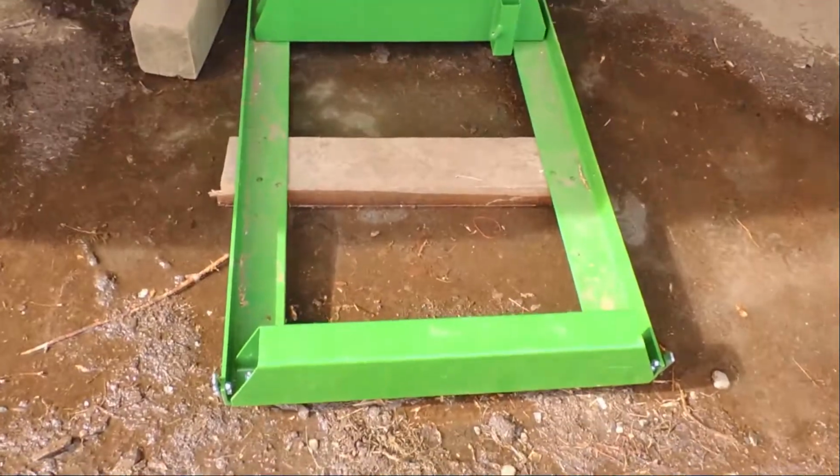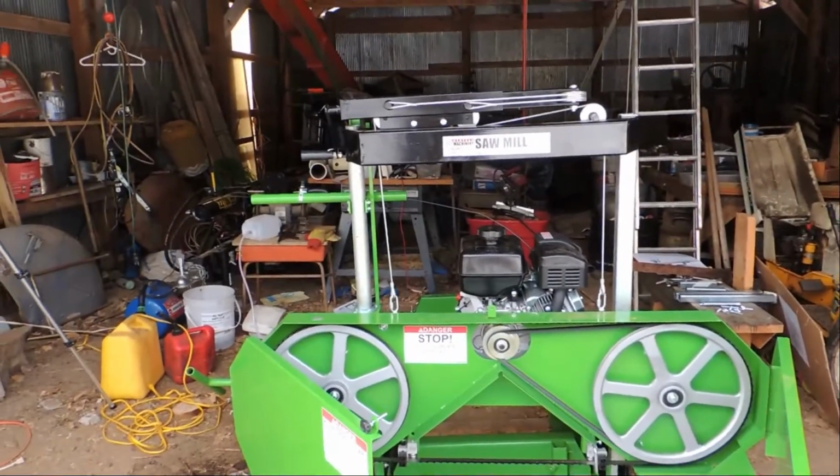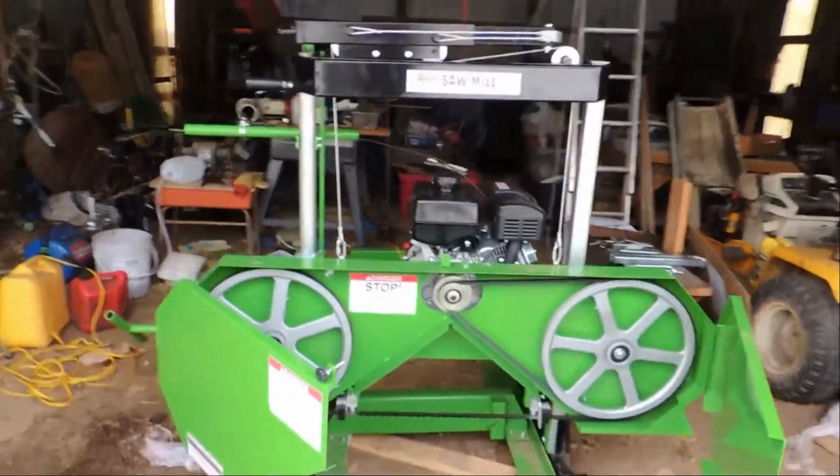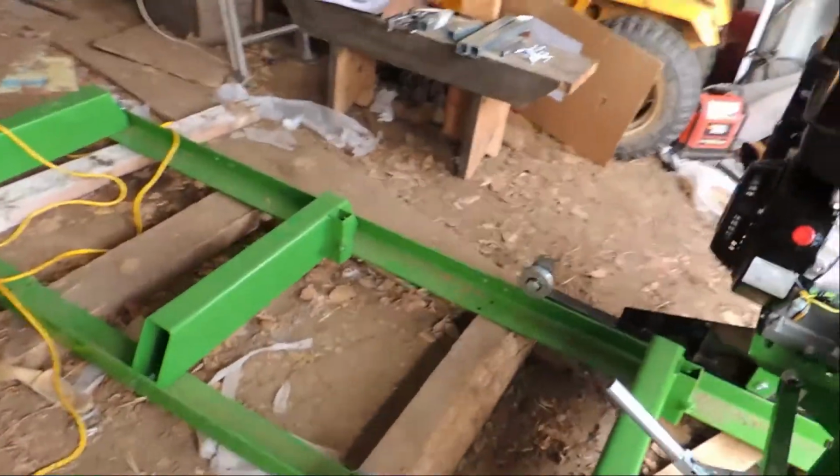The ground is thawing, so I have to go through and level it now, because when I started it was frozen, even though it's inside. I haven't done the other side of the track,